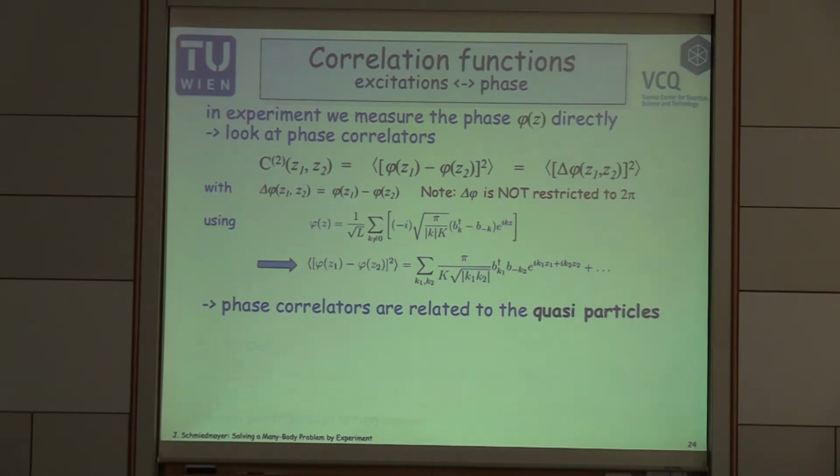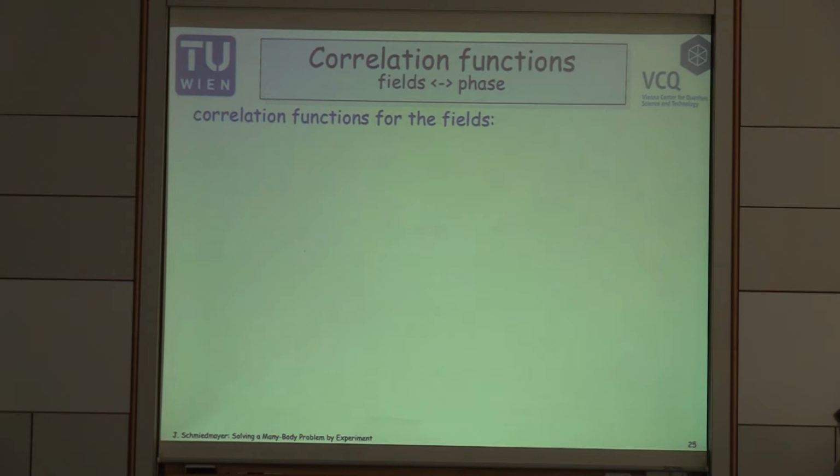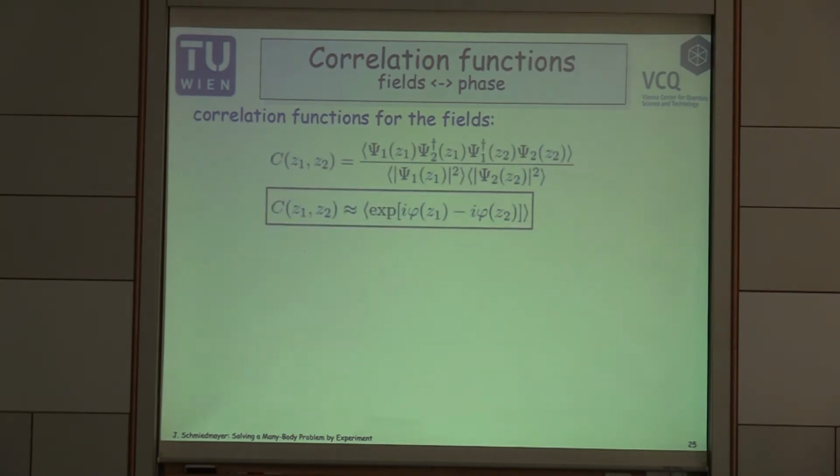Yeah? And again, you can show that the fourth order correlator is related to the interactions of the systems, and so on and so on. So we will use, because we want to see the physics of the excitations in the system, these type of correlators, and not the e to the i phi correlators. And just a nice thing that the e to the i phi correlators, yeah,